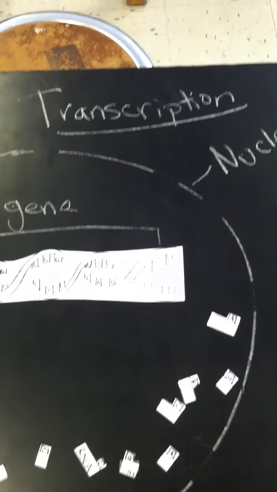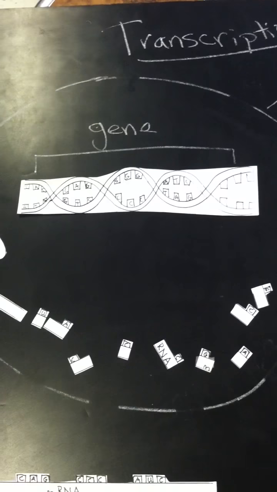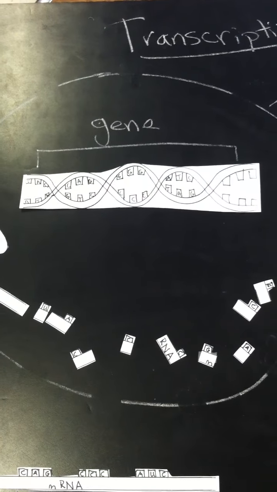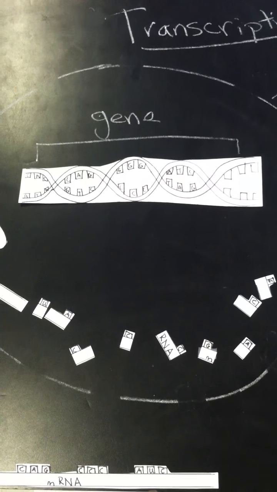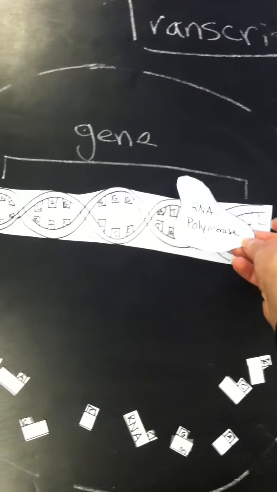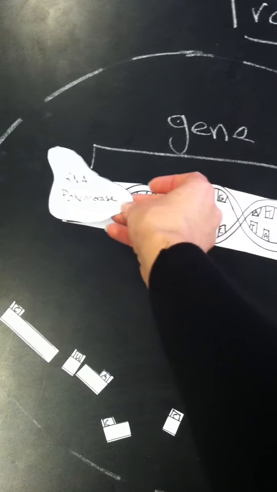Okay, in this video I'm going to show you the process of transcription, and what you're seeing here is the nucleus, and inside the nucleus we have DNA, and it's just a certain portion that we call a gene, and we also have some free-floating nucleotides that are RNA nucleotides, and then we have RNA polymerase. So to start off transcription, RNA polymerase is going to go through the gene portion of DNA, and it's going